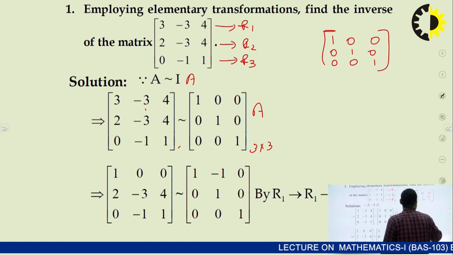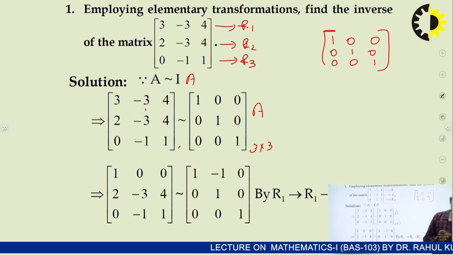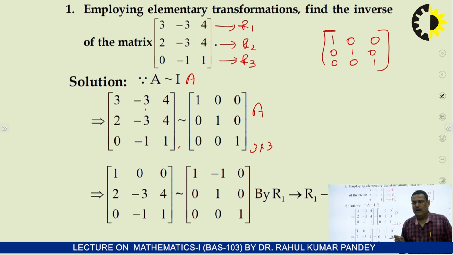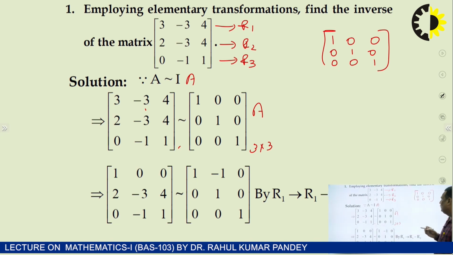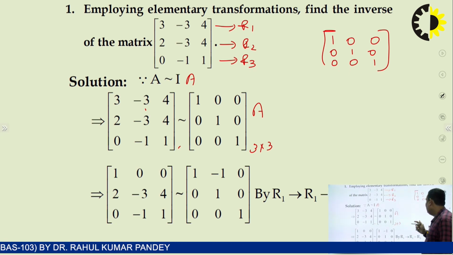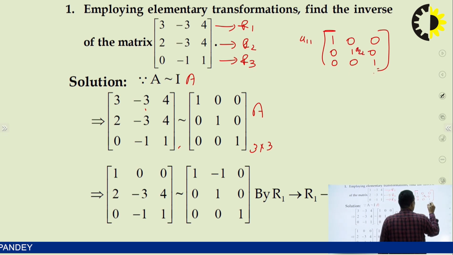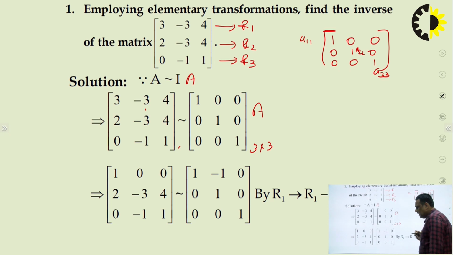Just see on board. Unit matrix: all diagonal points are 1 1 1 and all non-diagonal elements are 0, that is called unit matrix. So focus on diagonal elements. First diagonal is position A11, second A22 and third A33. मेन फोकस हमारा यही है कि A11 में 1 मिले, बाकी जगह सब 0. A22 में 1 मिले, बाकी सब 0. Rest of all entries are 0, and A33 is 1 and rest of all entries are 0. So first make it 1.